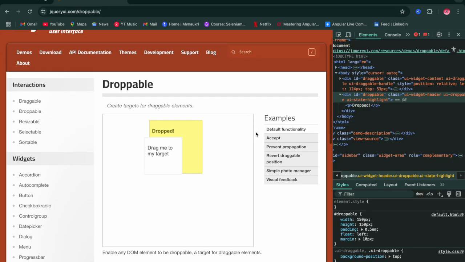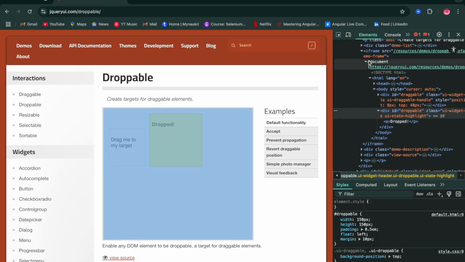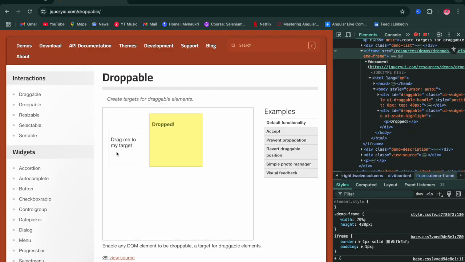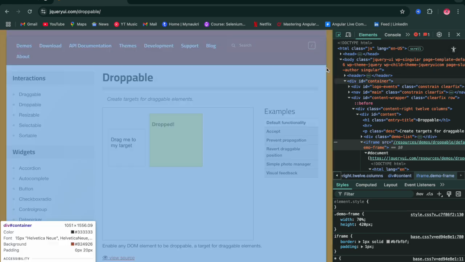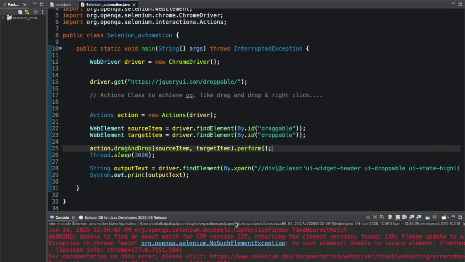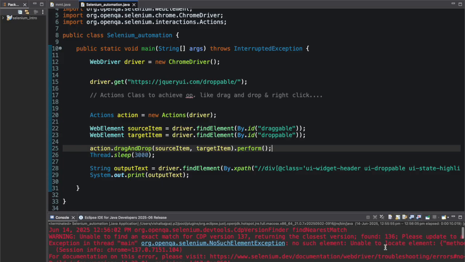And we are making one more mistake here. If you see this drag and drop, these divs or these containers are present inside an iframe. So we have to switch to this iframe from this parent window, and then only we'll be able to access these items. So this was the mistake that we were doing. We were not accessing the iframe, and we were directly trying to access these items. That's why Selenium is not able to access this, and we are getting this error that unable to locate element. So to fix this, first of all, when we go to this URL,